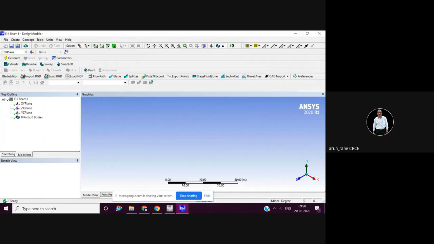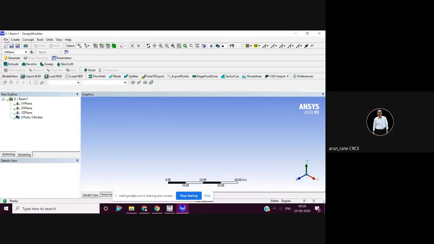That is the left hand side, bottom left hand side. So now here there are so many options. You can create your own model, but usually nobody uses ANSYS for modeling as such, right? You can create your own model using the modeling that you do in NX.